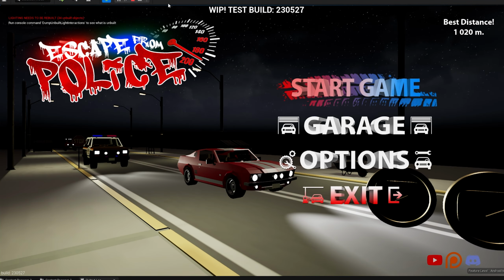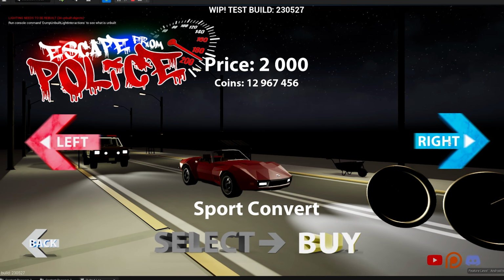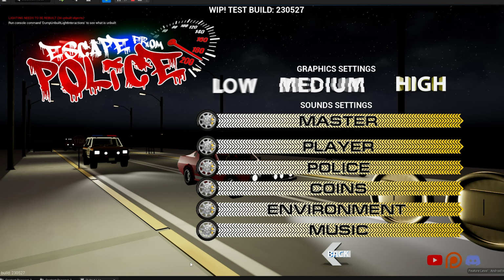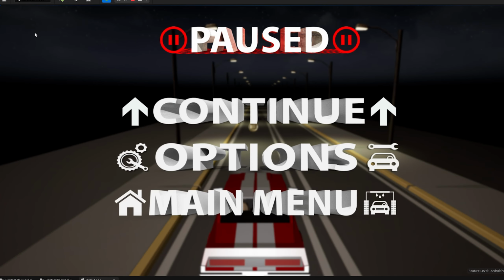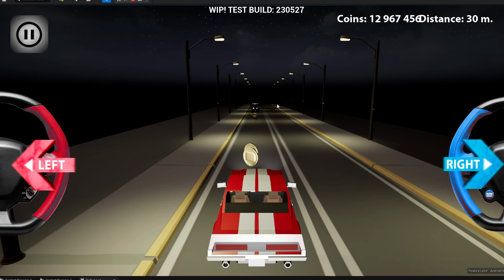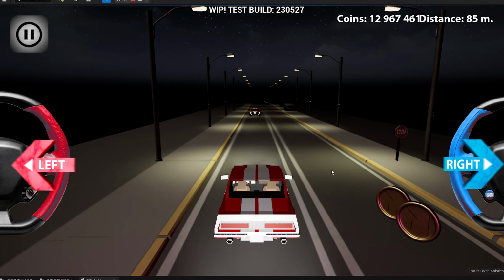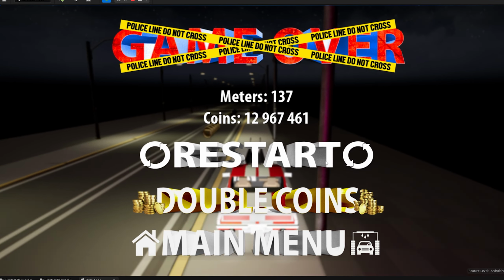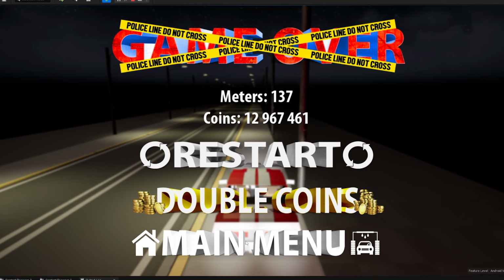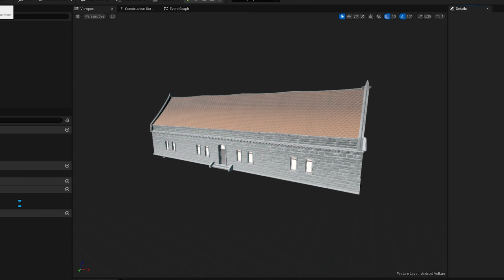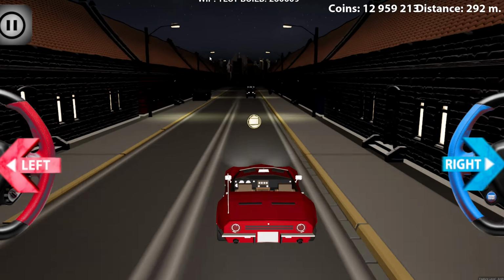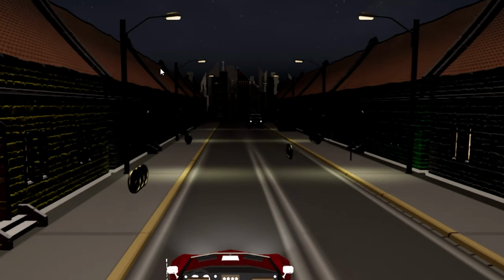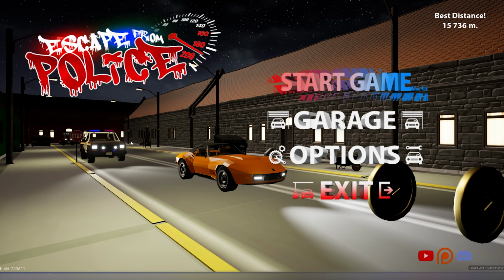Together with a friend, we made a new UI to make the game look prettier. Just look at this masterpiece. I added buildings on the sides, so there isn't just a black void, but as if you are driving from a small town into a big city. And here is the final result.